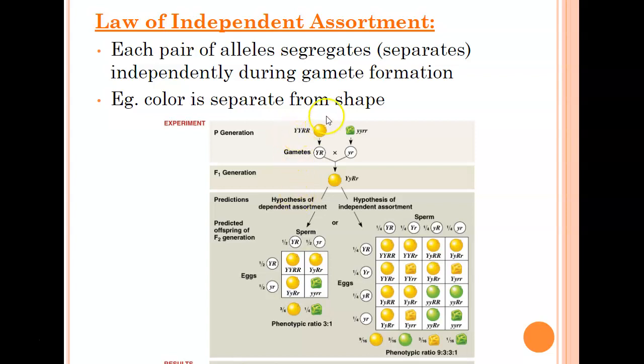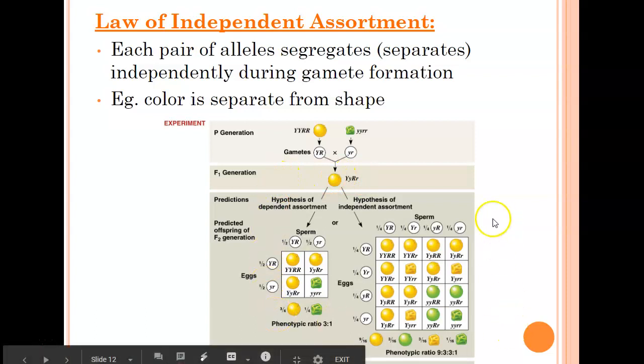So, for example, here, in this particular experiment, they looked at shape and color. So yellow is dominant to green, designated with a capital and lowercase y. Round is dominant to wrinkled, so that's capital R and little r. Because these are homozygous, these parents can only ever make big Y, big R, or little y, little r, which means that all of the offspring are heterozygous. Big Y, little y, big R, little r. Okay, well, that's when we get into this crazy big